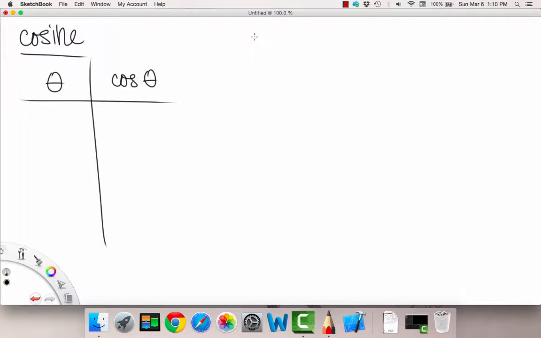Same thing, we're going to explore the cosine function. Okay, so let's say we have theta and cosine theta. Again, we're going to take a look at our unit circle once I draw a vertical line here. Okay, so let's say we have our unit circle here, our quadrants. So let's say we start at 0, of course. So our cosine, our x value at the angle of 0 is actually going to be 1 on our unit